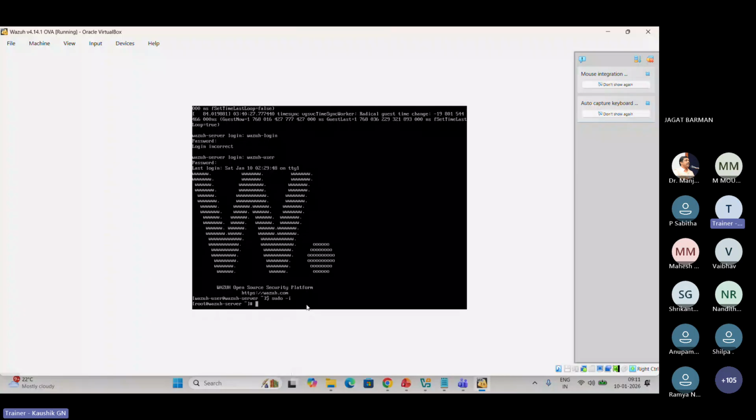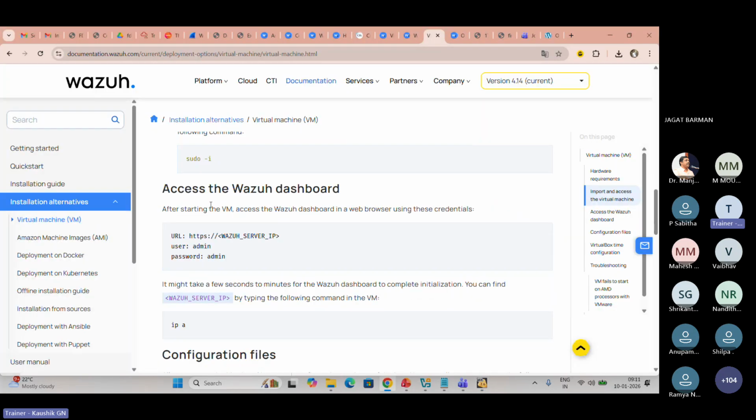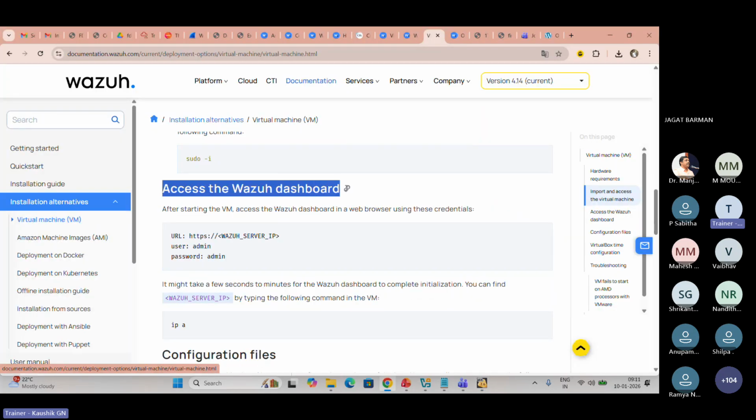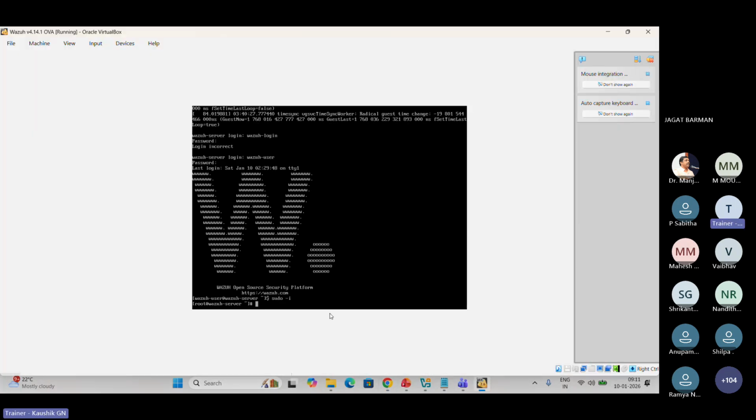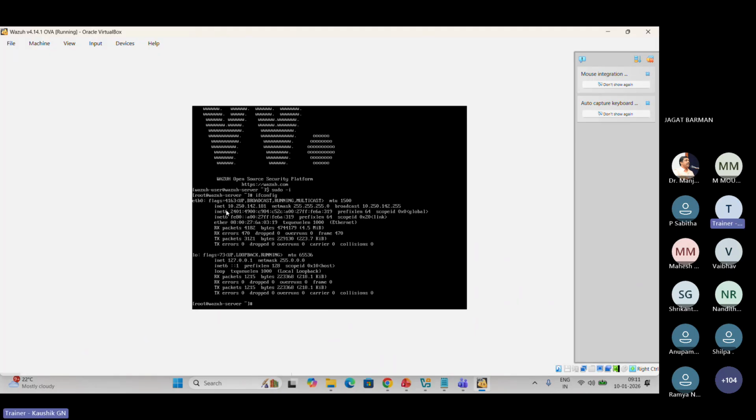This is just the server I am setting up. Using this server, I need to access the Wazuh dashboard in the web browser. How to access it? First, check the IP address using the command ip config. My IP address is 10.250.142.181.